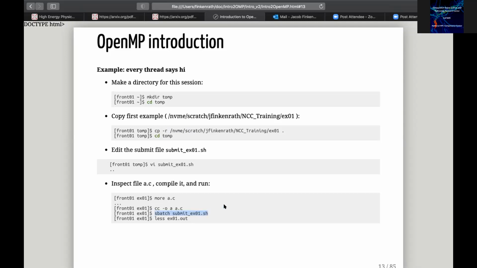Okay. Yeah. So I think Angelos was asking a question, if one can always compile on the front node, or if one uses a submit script. Basically, this depends a bit on the machine environment, and how heavy your compilation is. So if you just have a simple program like we have here, or if your compilation doesn't take too much resources, then you are able to do this on the front node. But if you really have heavy compilation, if you have a very big package which takes